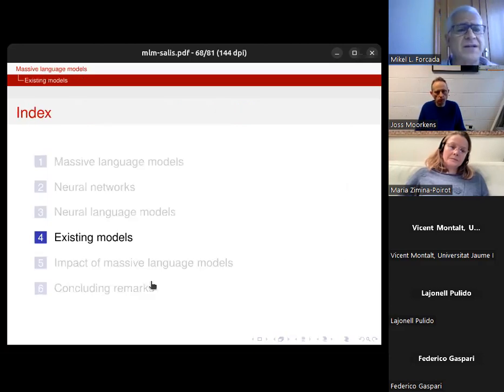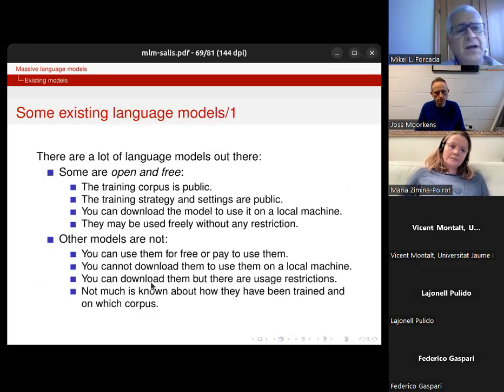So, about some existing models. There are a lot of language models out there. Some of them are open and free. This means that either your training corpus is public, or your training strategy and settings are public, so you can reproduce them. Or you can download the models that are already pre-trained and use them in a local machine. And also, for them to be free, you have to be able to use them without any restriction for any